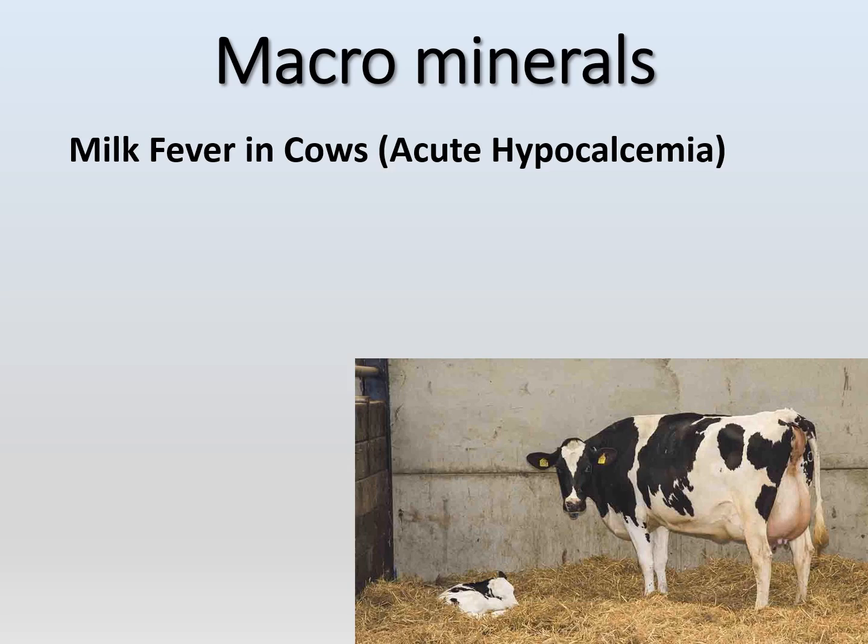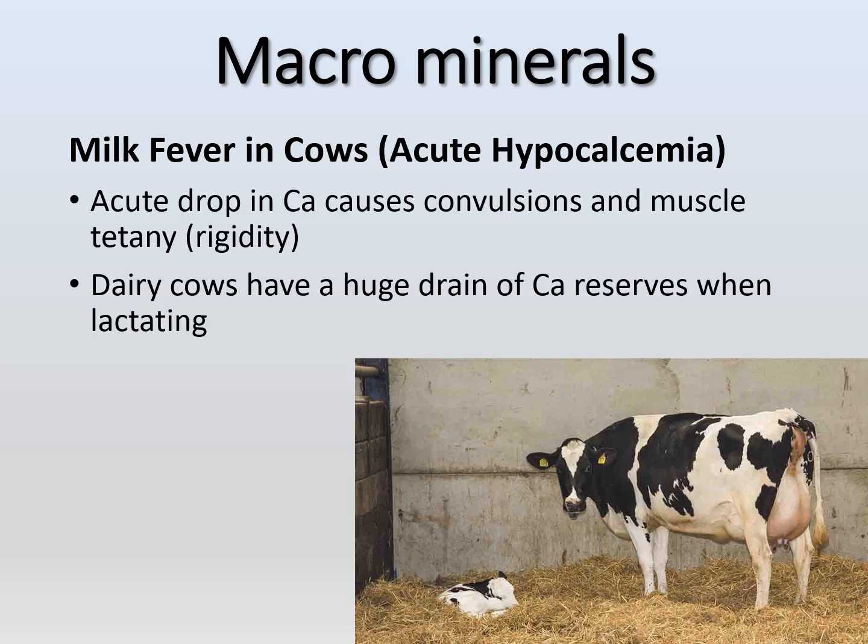So another problem that we see with a low amount of calcium, and this is an acute hypocalcemia, meaning the calcium levels drop very quickly. And this is also called milk fever in cows. So in the dairy industry, they see this a lot and do a lot to try to prevent milk fever in their dairy cows. So it's an acute, meaning kind of a very fast and rapid drop in calcium, which can cause some major